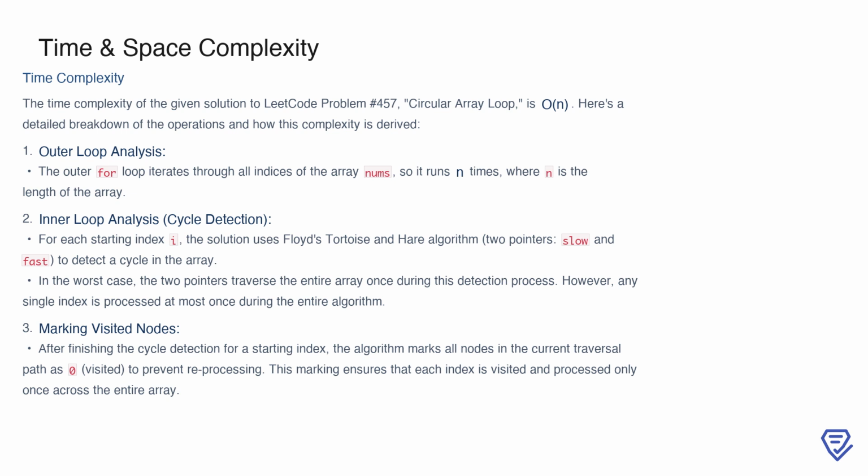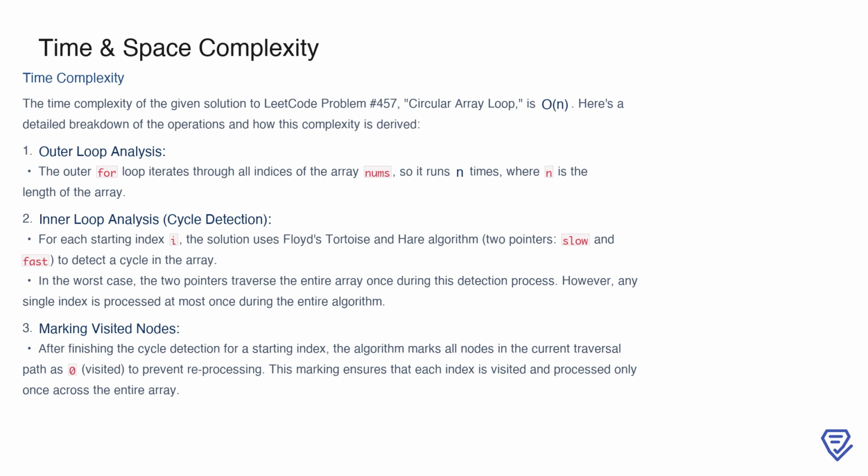The time complexity of this solution is O(n), and we can understand this by breaking it down into its components. First, the outer loop iterates through each index of the array, so it runs n times, where n is the length of the array. Then we have the inner cycle detection step, which uses Floyd's tortoise and hare algorithm. This algorithm, with its two-pointer approach, ensures that even in the worst case, each element is visited only once during